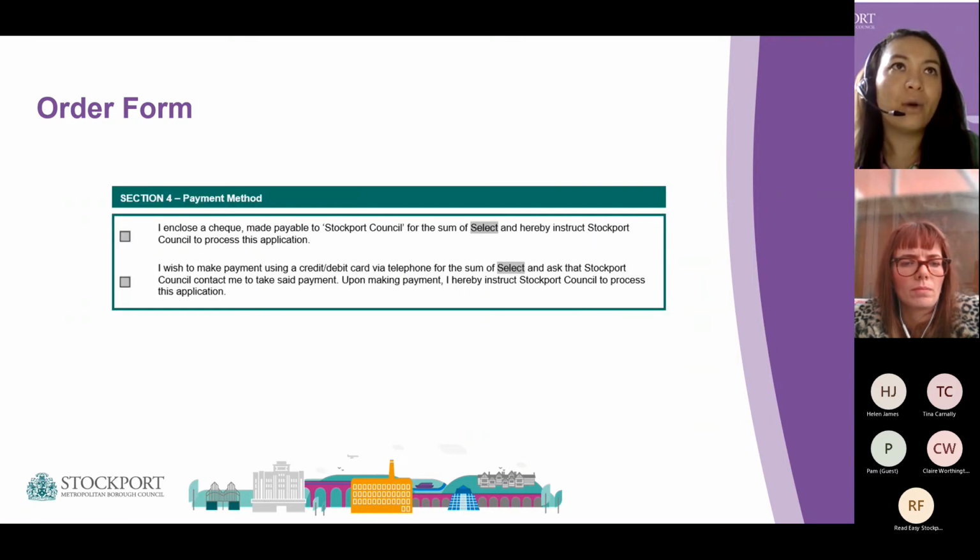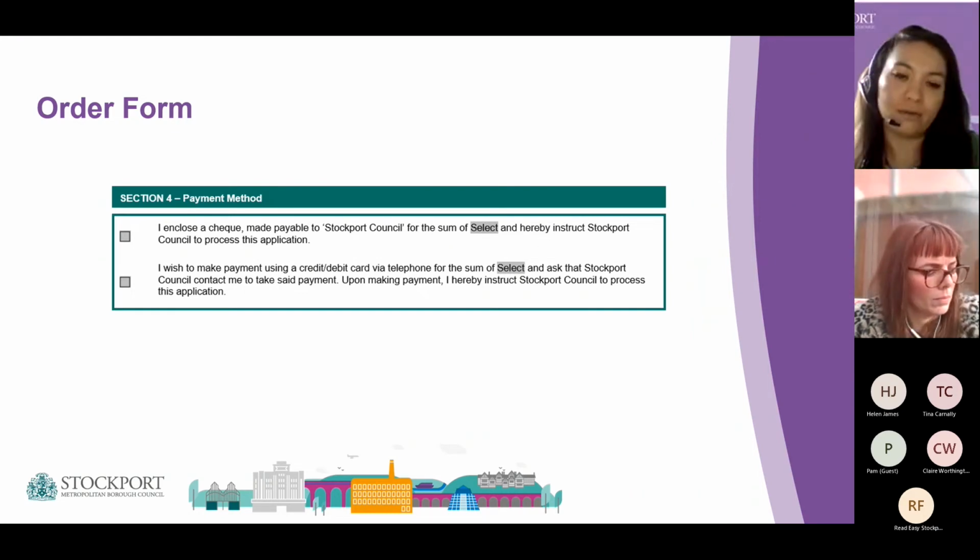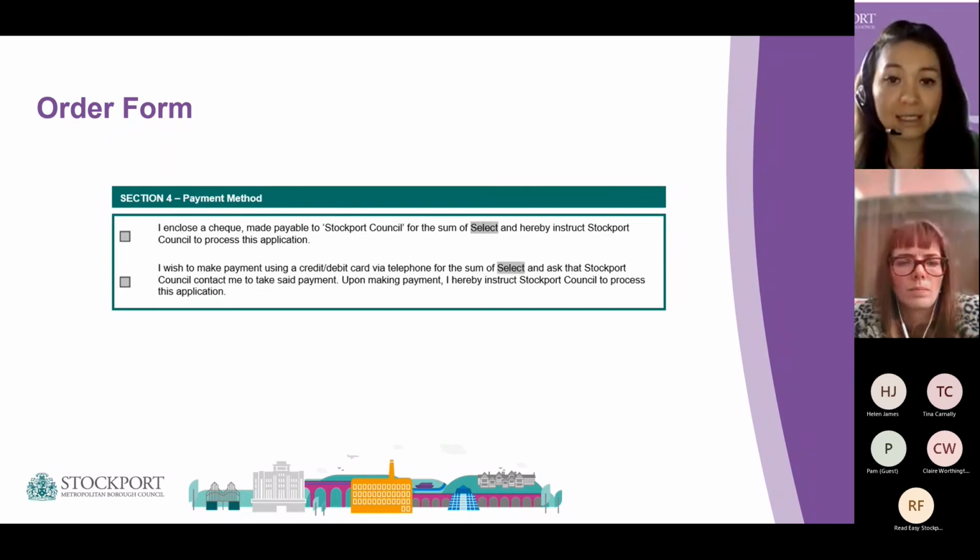And then section 4 will just let us know how you're wanting to pay, whether that's a cheque or a card payment over the phone. This is also important to then establish who's paying for the order form and the list. Is it yourselves who will be paying? Is it someone else within the organisation who'll be paying, or is it the applicant themselves that will be paying